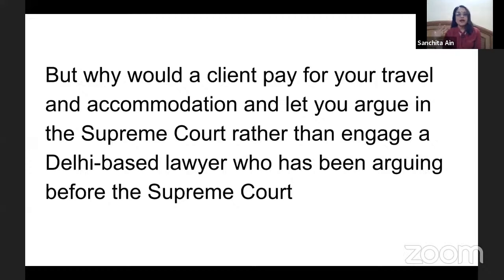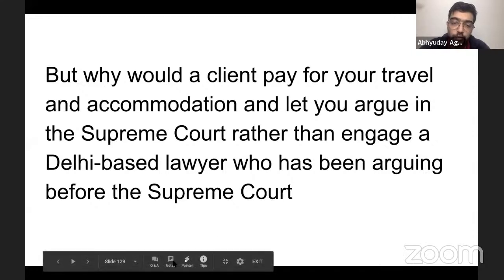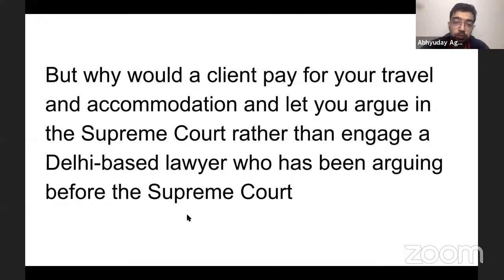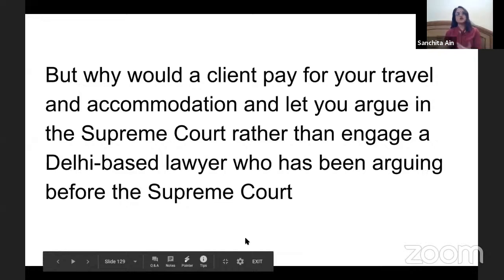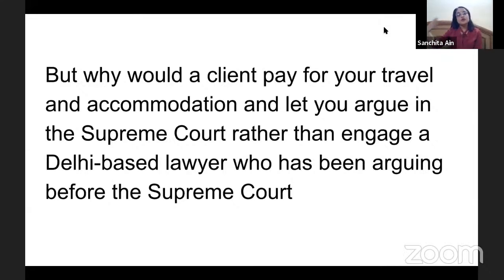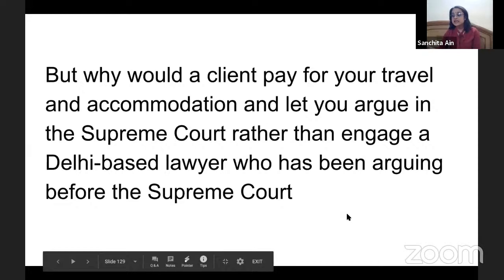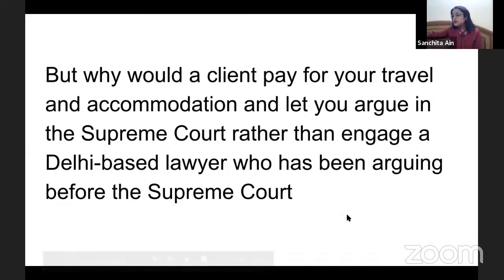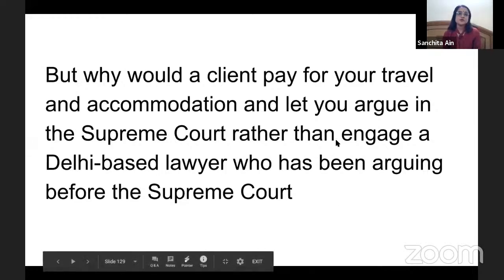For that, you need to acquire that kind of skills, right? They want you to take the matter right from the trial to the Supreme Court, so they don't want to separately brief a Supreme Court lawyer on the matter because they already trust you. That's one of the aspects. And still, they would also want to save money. You need to be able to demonstrate that you will be able to handle their Supreme Court matters. You need to demonstrate knowledge about the practice and procedure of the Supreme Court. You need to be able to say, even when arguing on charge, that in the Supreme Court this won't work, because the Supreme Court will say this. You know all this only when you have an idea of Supreme Court practice, right?